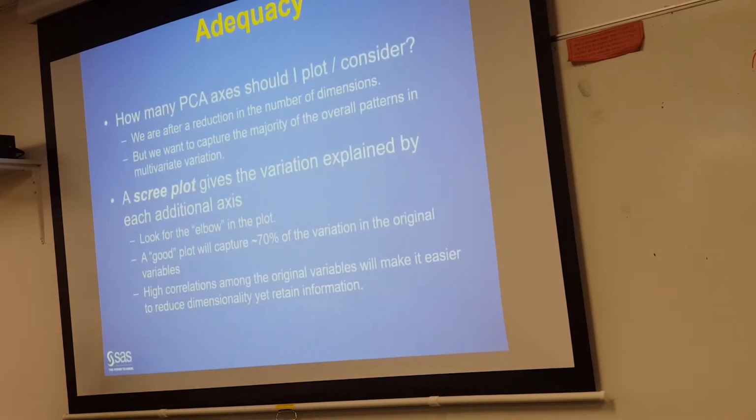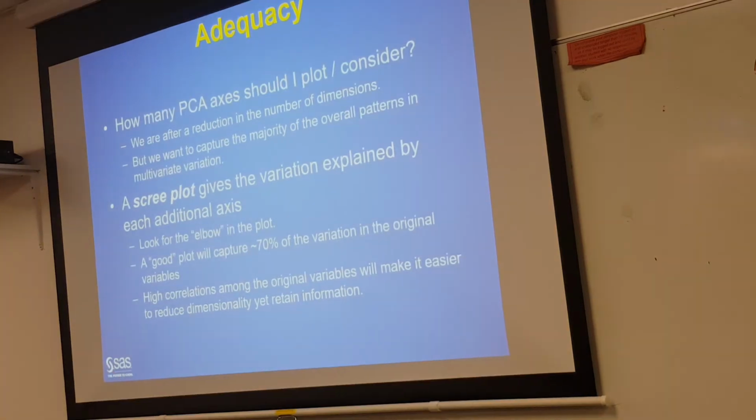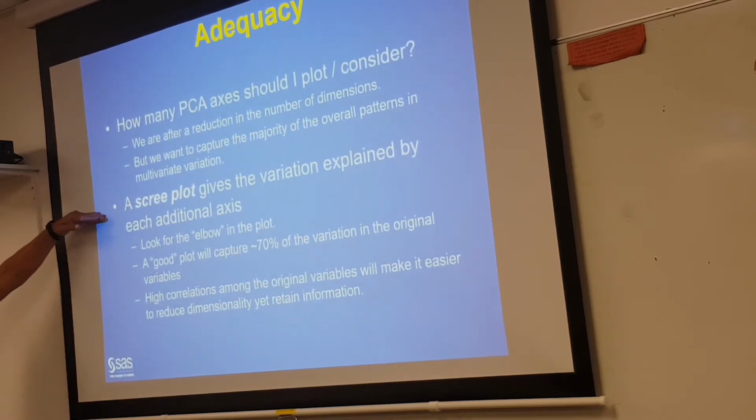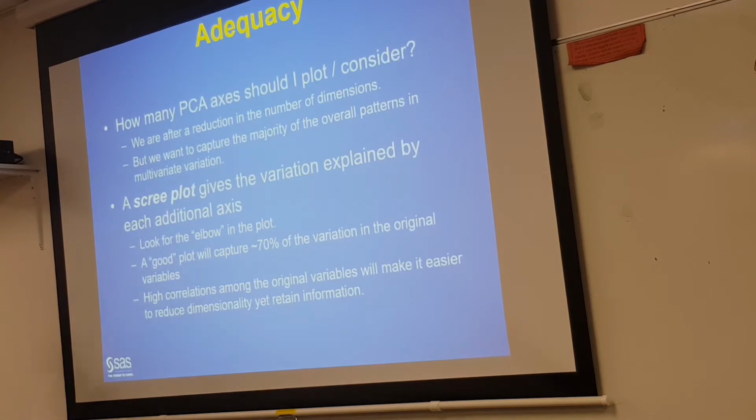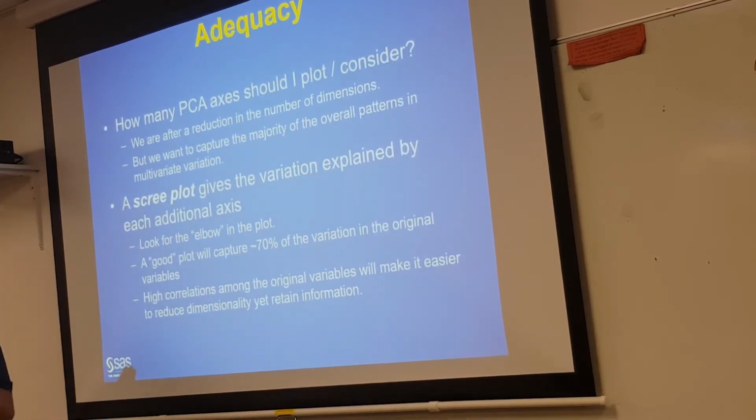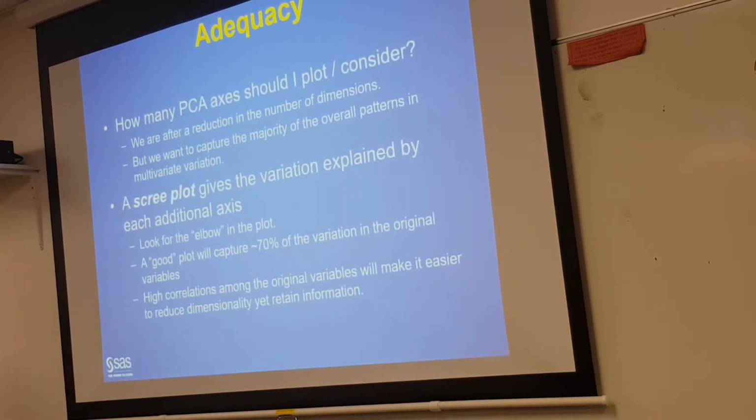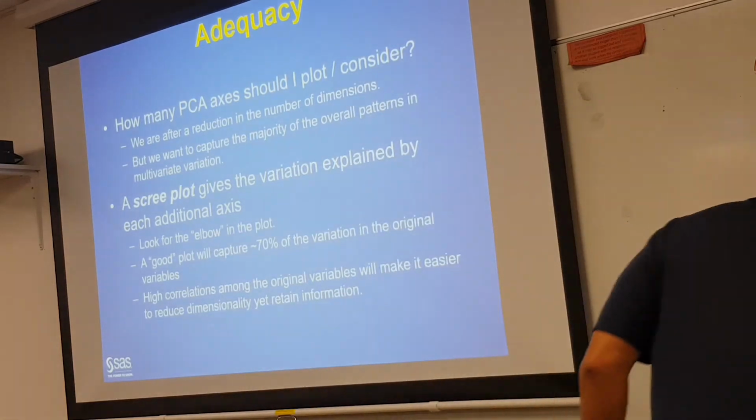Okay, so how many PCA axes should I plot? This is an important thing. Well, we've learned about scree plots. A scree plot, remember, describes the variation explained by each additional axis, and that could either be by plotting the eigenvalue relative to the number of axes, or the amount of variation explained. And remember, what we're doing is we're looking for an elbow. So just to reiterate,